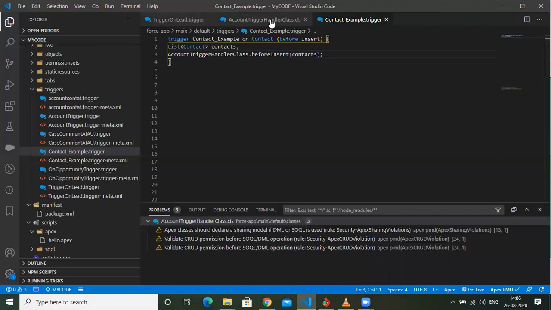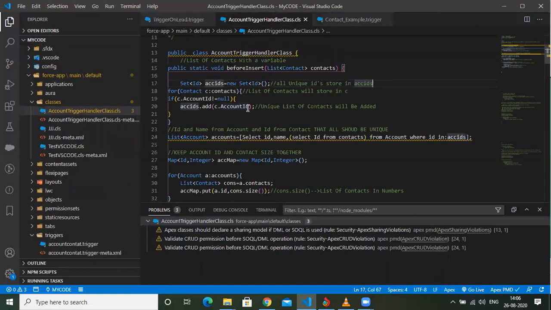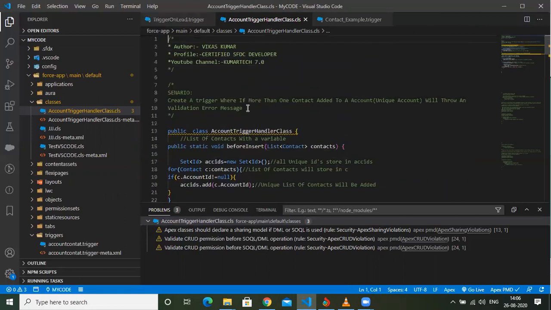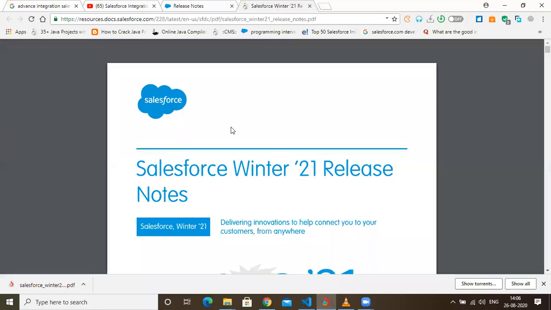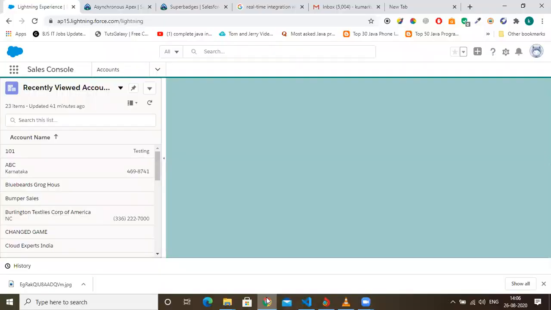Okay, so guys, all set. Let me check whether it's working or not. So basically, as per the requirement, if there is more than one contact for an account, it will throw an error. Let me check. Let me go here, not this one, sorry.